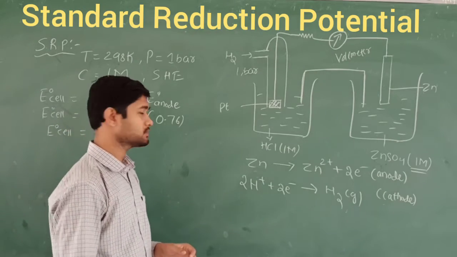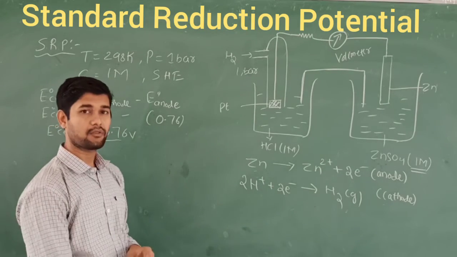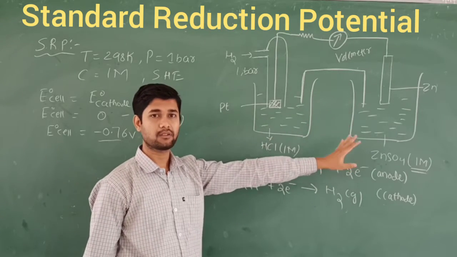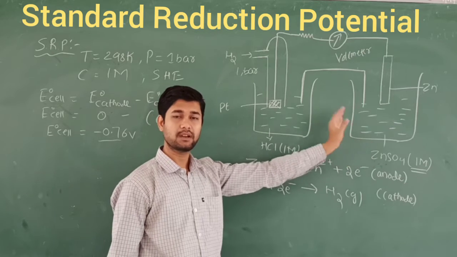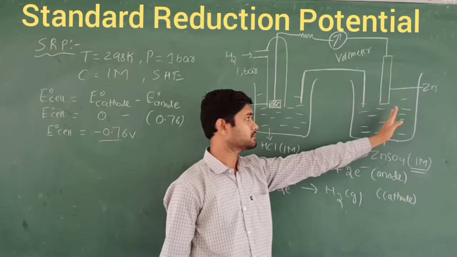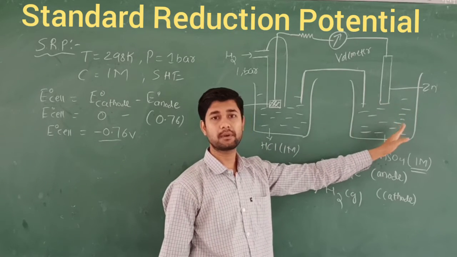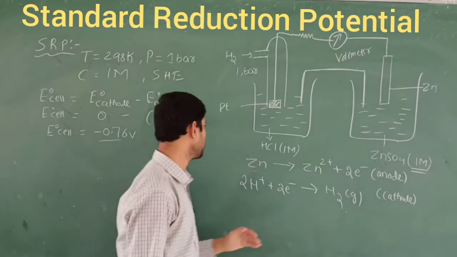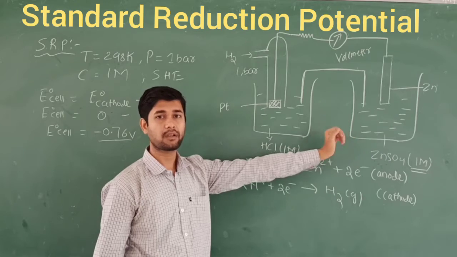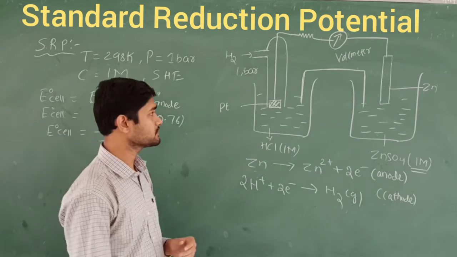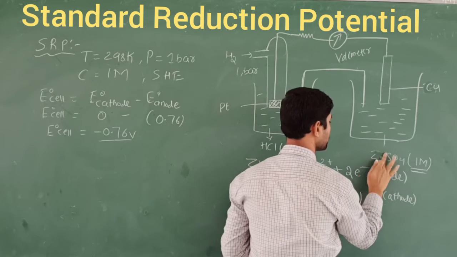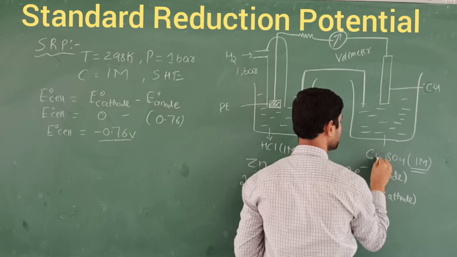So this electrode acts with a negative value, right? When the zinc rod acts as an anode, when it is dipped in its zinc sulfate solution and we take the reference with the standard hydrogen electrode, at that time this zinc acts as an anode. I mean oxidation takes place. When oxidation takes place, the value comes out as negative. If I take, instead of this zinc rod, a copper metal here, what happens in this case? Instead of this, I am going to take the copper electrode, and here also I am going to take the 1 molar concentration of copper sulfate.